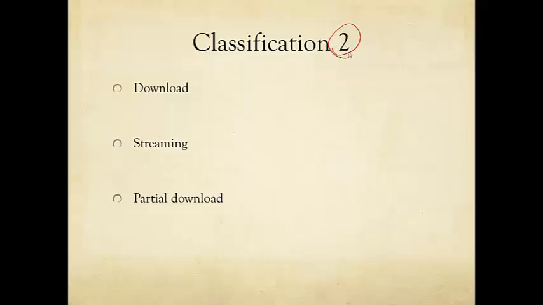The second classification is about the way that it is delivered. One possibility is download, and the other extreme end is streaming. So for streaming, you basically do not keep a local copy of the content. The bits are continuously sent to you, and then you keep playing them back. Whereas for download, you actually keep a local copy.